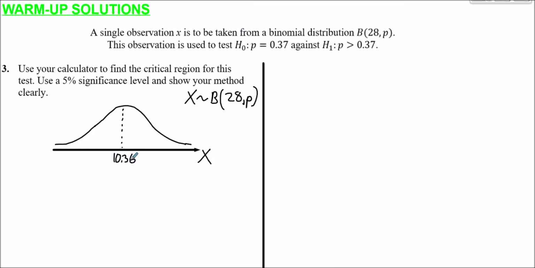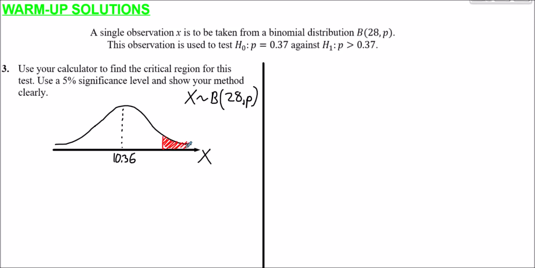So the critical region here is at the higher tail, because we're saying this proportion for H1 is greater than 0.37. If we times 28 by a high proportion, that gives us a greater value. So we're looking at the higher tail only, where it's greater than this value. So the higher tail